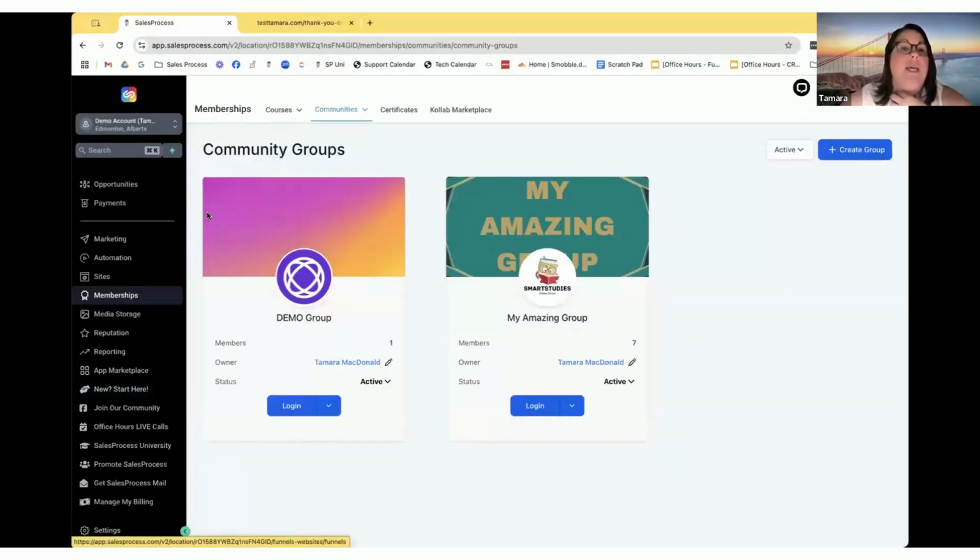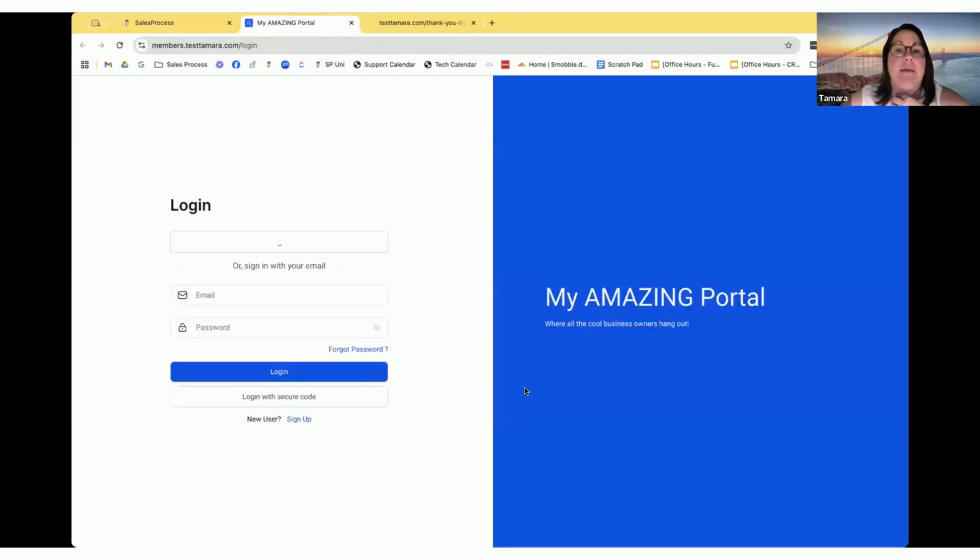Okay. So inside of memberships and then up here at communities, we have our groups, right? And so I have this group here that is a demo group. If I go in to my demo group,